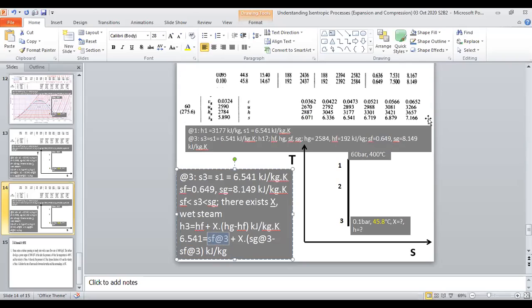Plus X SG at 3 is 8.149, minus SF at 3 is 0.649. So you can get the X value. It's quite simple. You get this X, and then based on this,